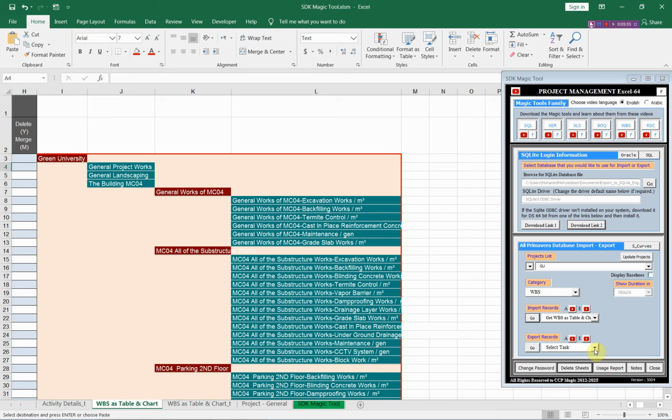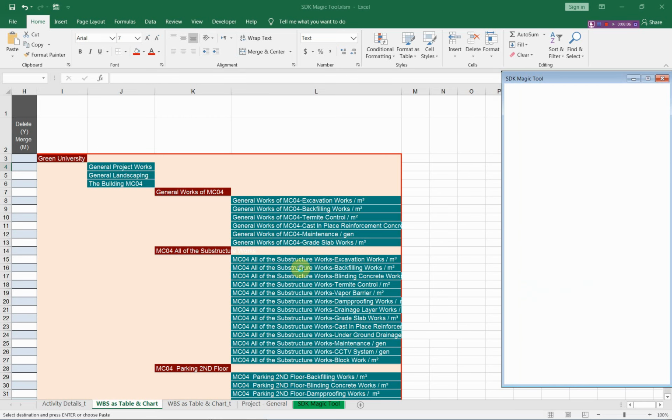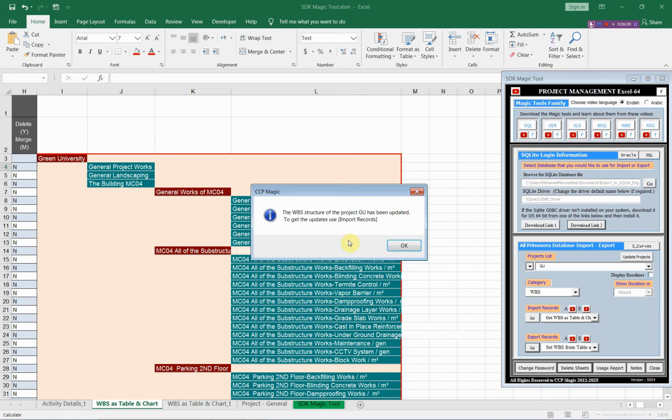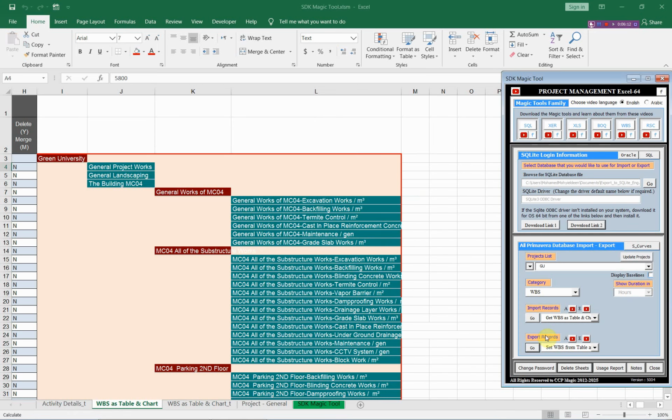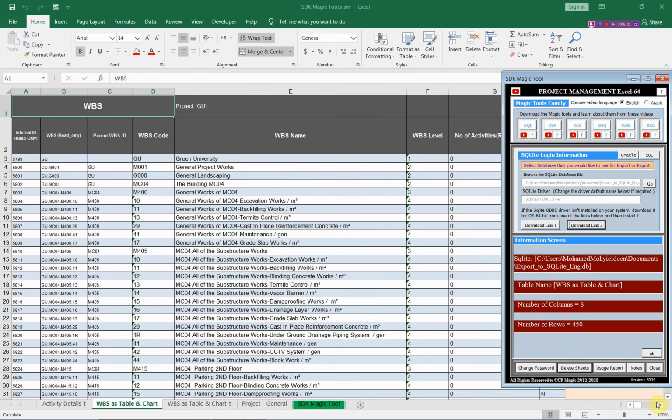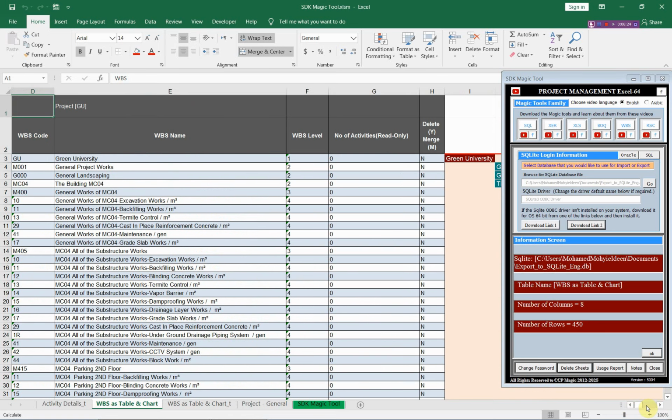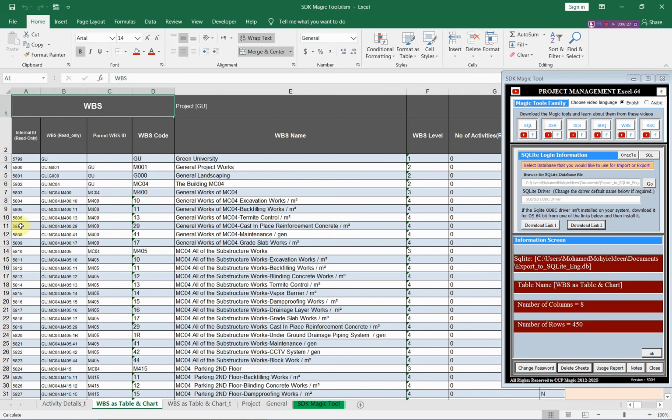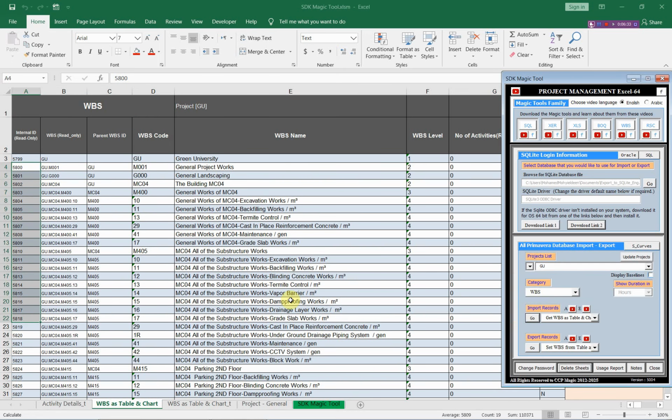Let us export this WBS to Primavera as table and chart. Now it's being exported to Primavera. We have more than 400 items. Now we have this WBS in Primavera. Let us import it. Now we have the new WBS for this project, and all of these WBS codes have now numbers in the database. When we go to Primavera to check these updates,